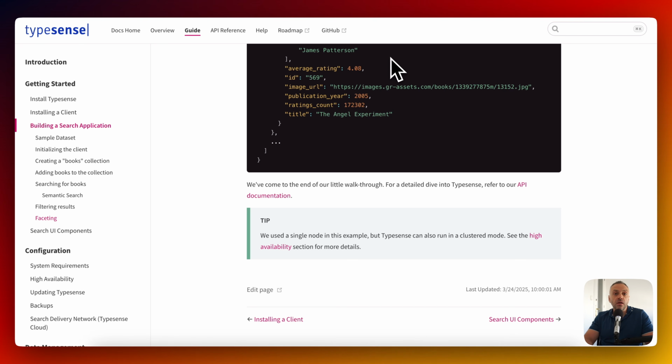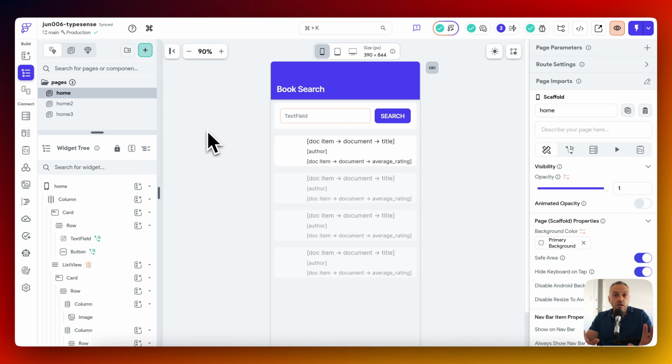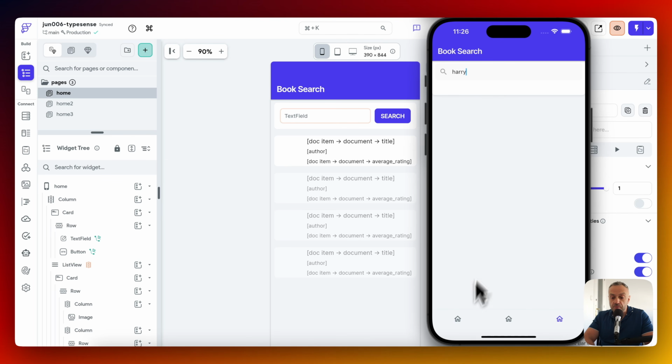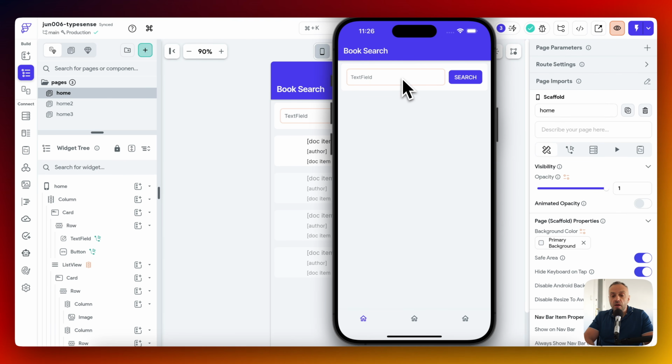All right, so now that we had a quick overview of how this product works, how it functions, the speed, all that stuff, let me go ahead and show you an amazing use case, and that is where we're going to be connecting Typesense as a backend of choice to our FlutterFlow app. So I went ahead and built a custom FlutterFlow app that integrates really nicely with Typesense as our backend. And so let me go ahead and run this app in a simulator, okay, just to show you how everything works, okay? So this is the first tab here, and here's where you can simply type something and get normal